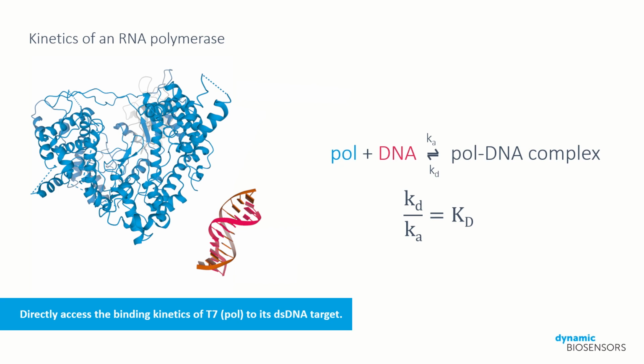T7 polymerase has very specific contact points with its promoter DNA. Changing the DNA nucleotide composition can affect both the association and dissociation rates. Can heliX measure changes in association and dissociation rates when the promoter sequence is altered? Absolutely. Let's run a fast experiment to see if the observed effects on the binding rates when changing the promoter